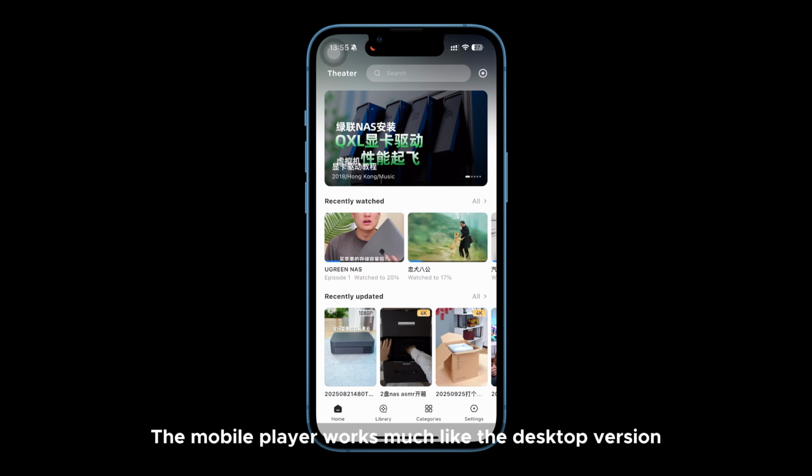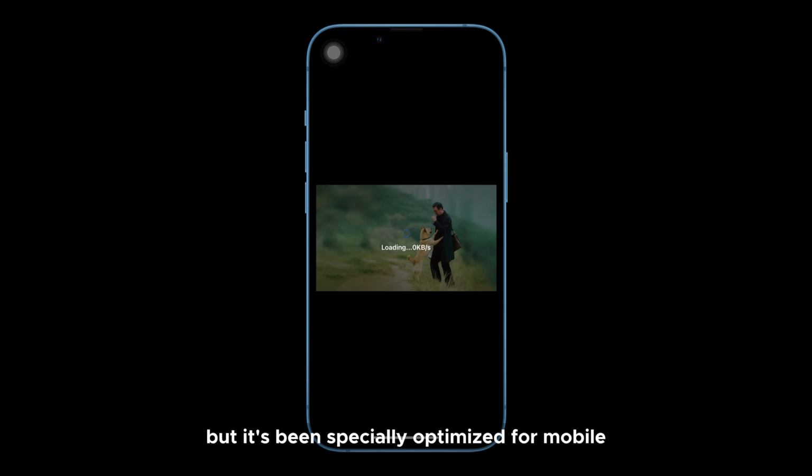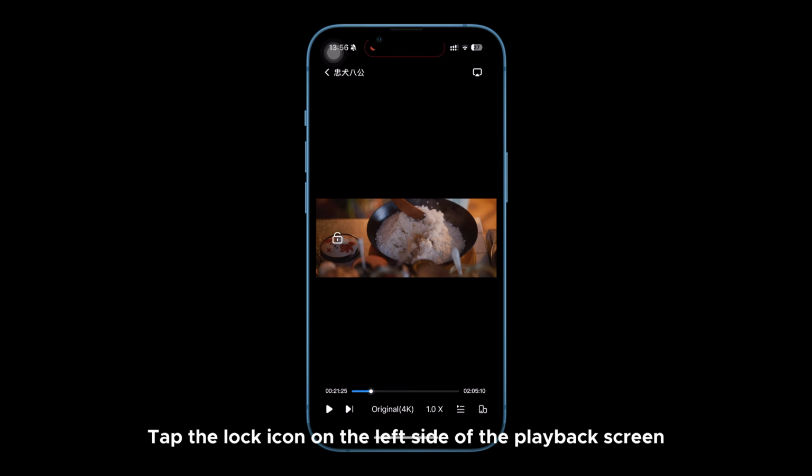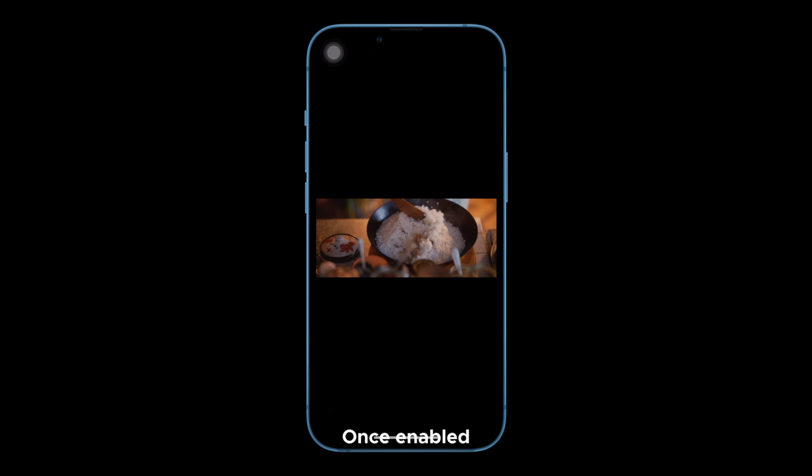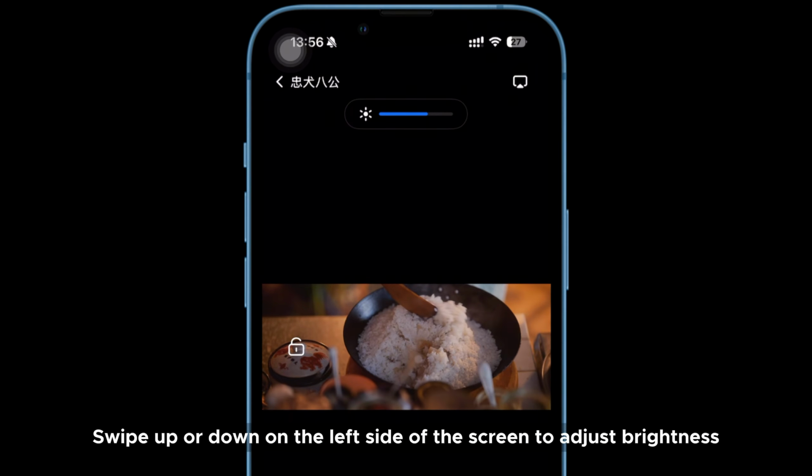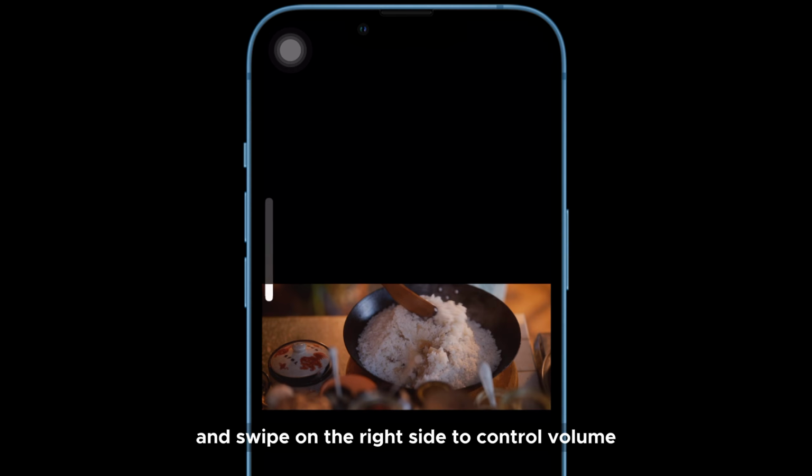The mobile player works much like the desktop version, but it's been specially optimized for mobile. Tap the lock icon on the left side of the playback screen to enable screen lock mode. Once enabled, only the video will be displayed, and the control bar will be hidden. Swipe up or down on the left side of the screen to adjust brightness, and swipe on the right side